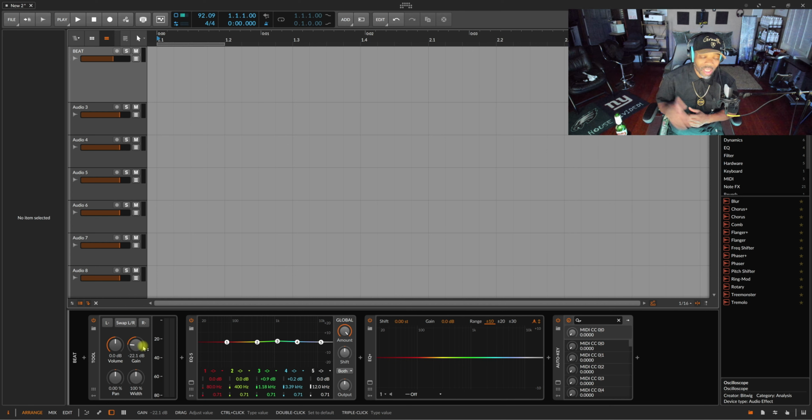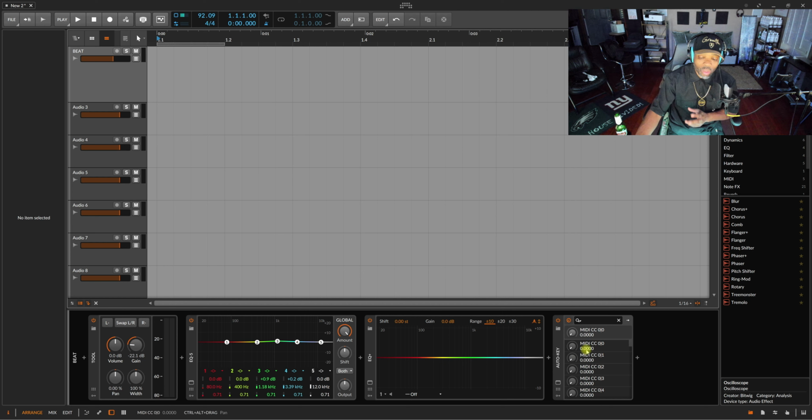Yeah, we know we've got the Polygrid, but that's a synthesizer. That's crazy on a whole other level. I'm talking about just any plugin. Even if you have some of your favorite plugins that are out there, now you can get them as an extension where it fits perfectly right here.